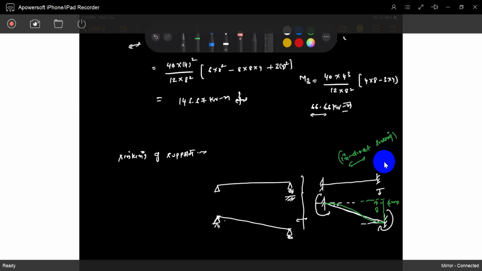I already said, in redundant trusses, problems arise when the temperature rises, or lack of fit problems. And also one more thing is sinking of the supports. This is also one problem. If I said it previously, you couldn't understand. Now you can understand, because for 3-4 days you have been seeing how the fixed end behaves. So now you can understand why it is generating the fixed end moments.